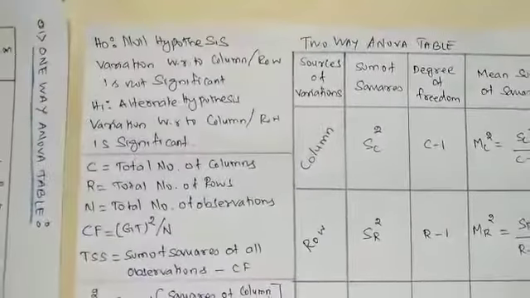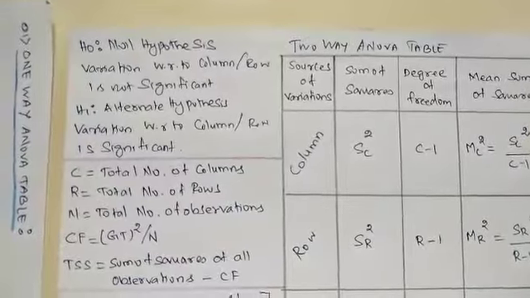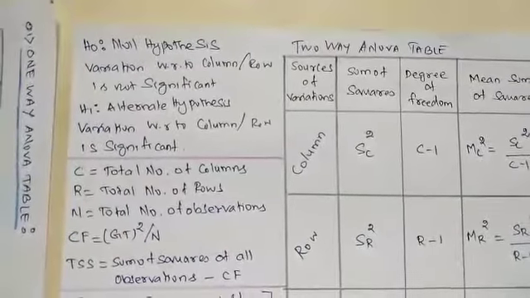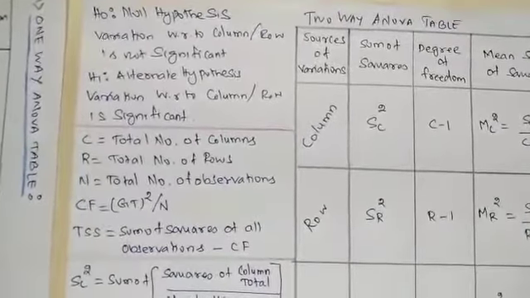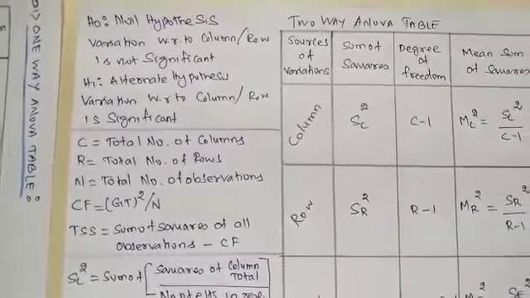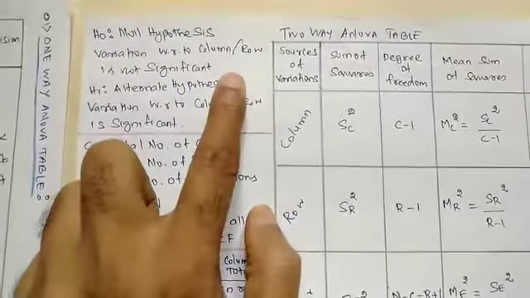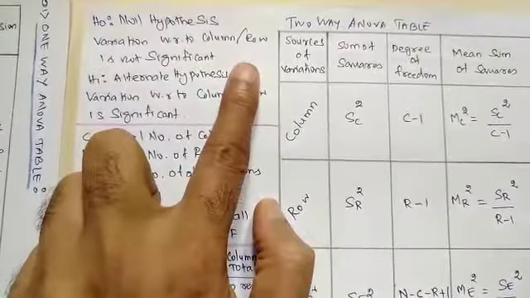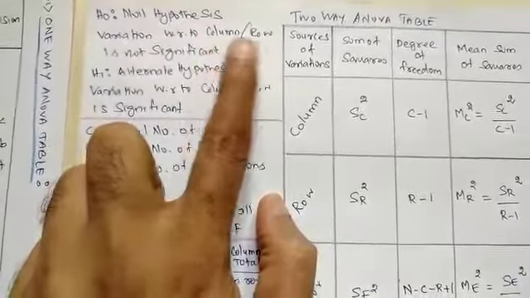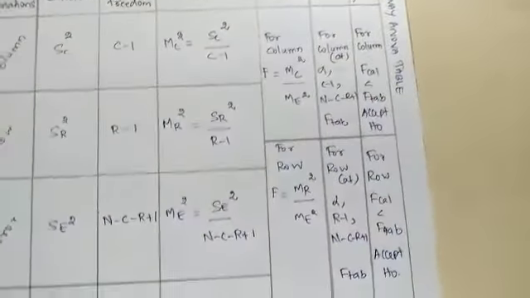So as I said earlier, we need to start from H0. What is H0? There is no significant differences between column and then row, since there are two factors. H1, what will be H1? There are some significant differences between column and then row. Sometimes what will happen? Both column and then row will be accepted, or both column and then row will be rejected, or column will be accepted, row will be rejected, or column will be rejected, row will be accepted. Based on this only we are going to give the conclusion.